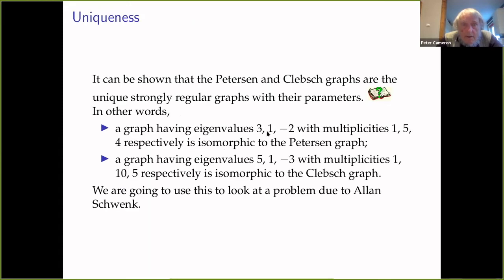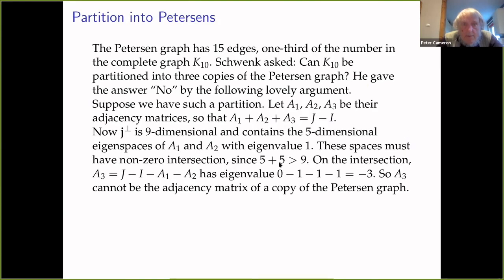If we go back to here, 1 is an eigenvalue with multiplicity 5. So we have a 5-dimensional space of eigenvectors of A1 and a 5-dimensional space of eigenvectors of A2, in each case with eigenvalue 1. And 5 plus 5 is bigger than 9, so those 2 spaces must have a non-zero intersection. In other words, there's a space of dimension at least 1 on which A1 has eigenvalue 1, A2 has eigenvalue 1, J has eigenvalue 0, so A3 from this equation has eigenvalue 0, minus 1, minus 1, minus 1,